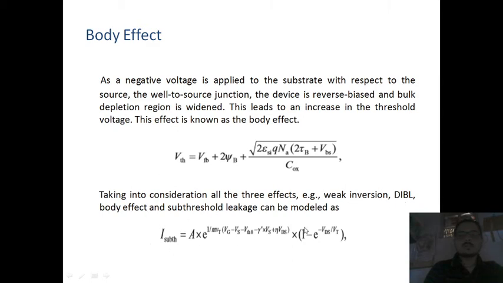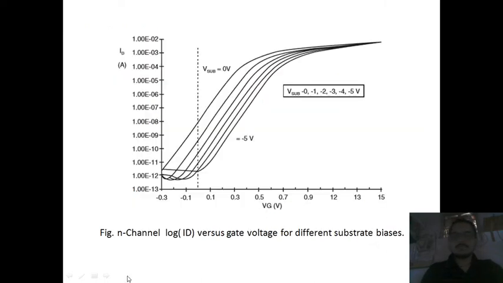This is the subthreshold voltage equation. Remember this equation. See here, when you increase the substrate voltage from minus 5 volts to 0 volts, at that time the threshold voltage